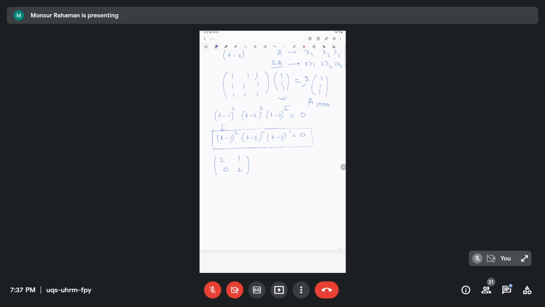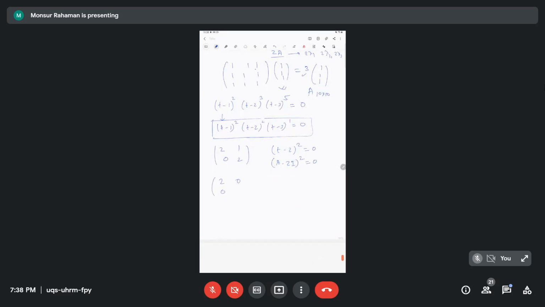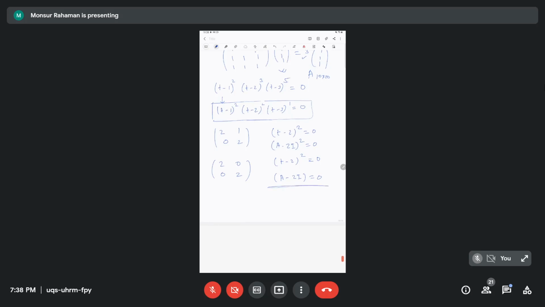But also in the other way, if you say this is its characteristic polynomial and the corresponding minimal polynomial is also (t minus 2) square equals to 0. If you write (A minus 2I), you cannot reduce it any further. This is the minimal for making it 0. But for this 2002, the characteristic polynomial is the same, but the minimal polynomial is A minus 2I equals to 0. So this is diagonal. So obviously this is the diagonal matrix by default.